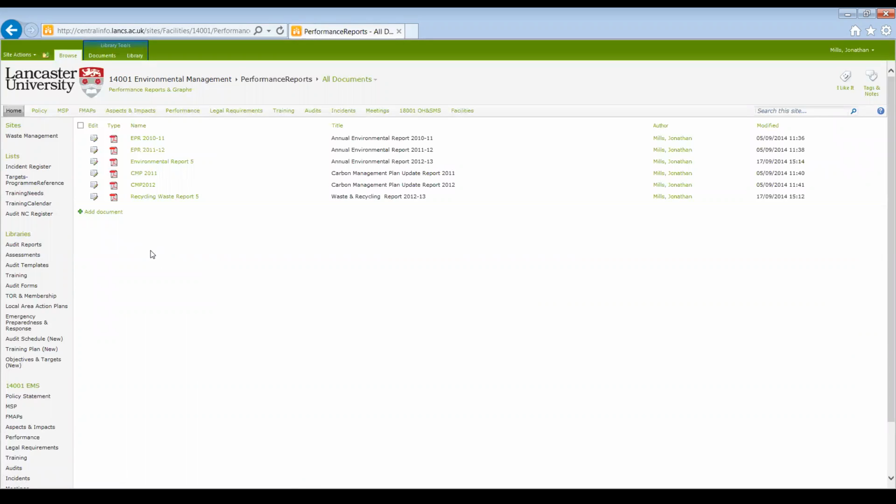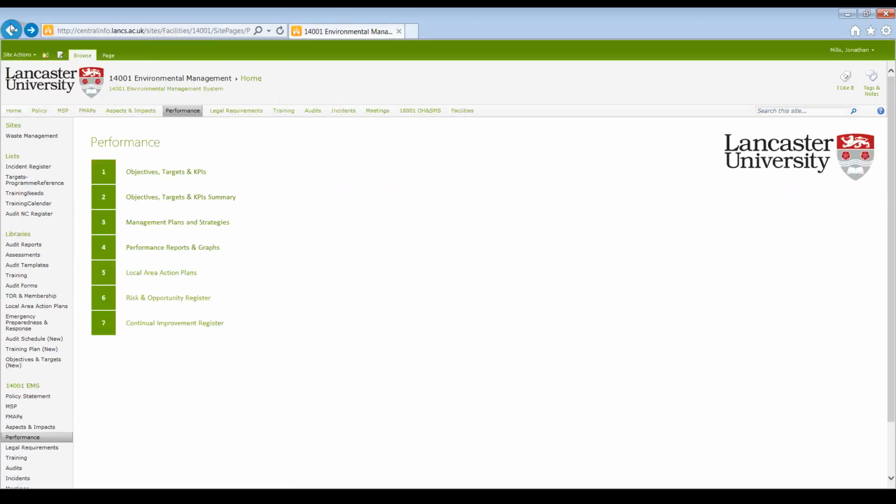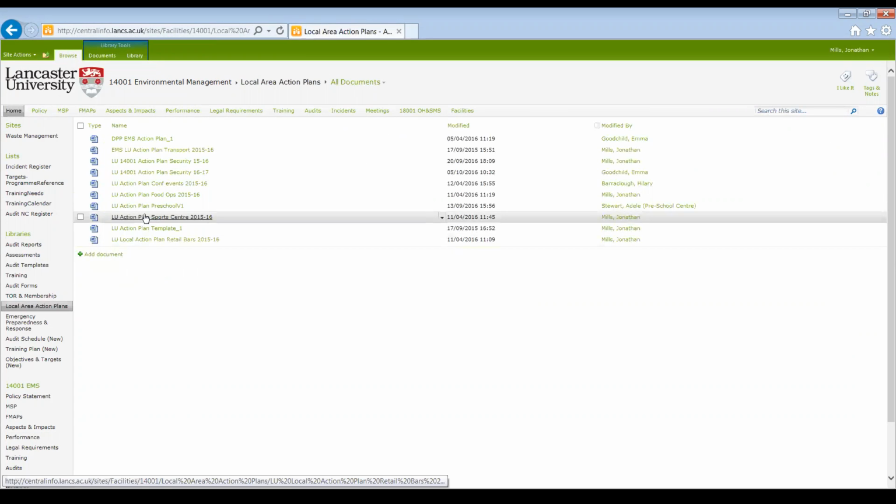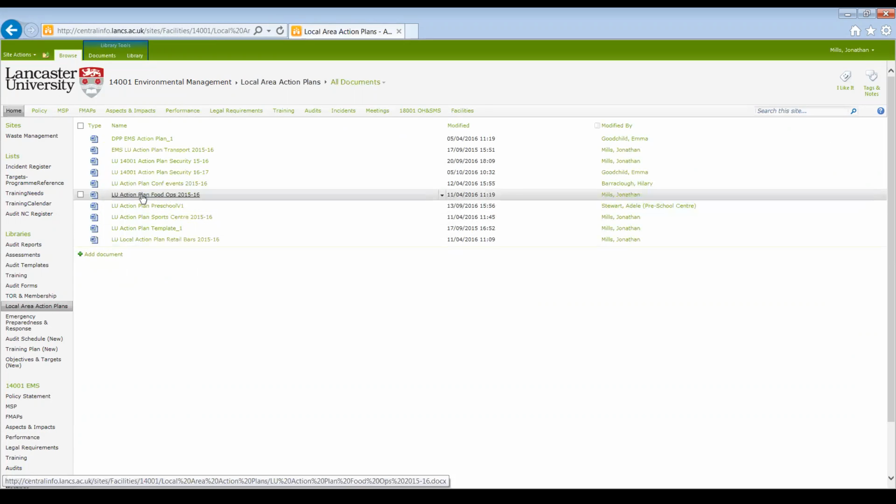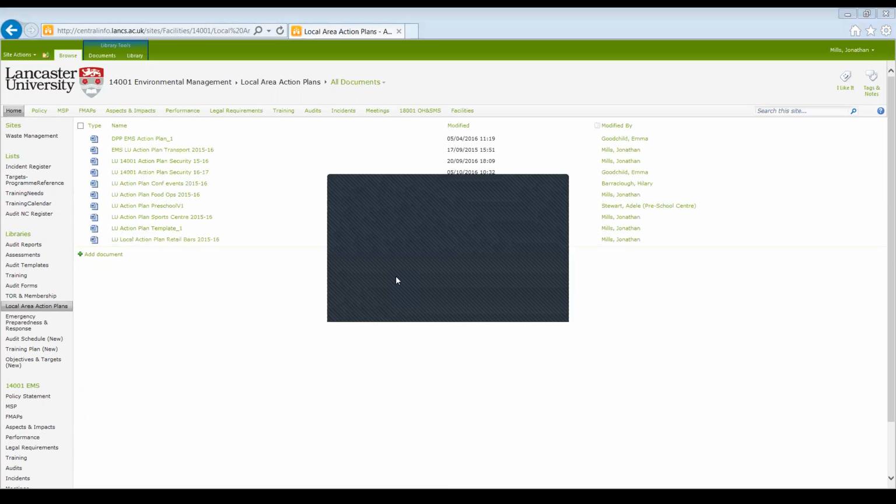And we can also store environmental reports with our other performance data. We've also have local area action plans. These take objectives and targets to a local level. We store those in there, and this helps